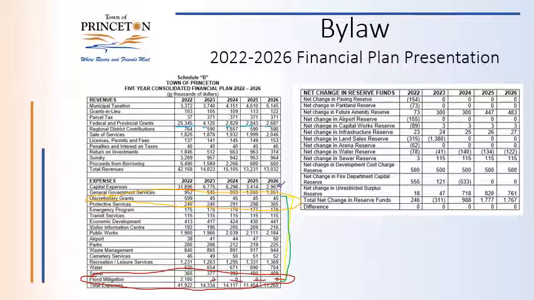to. Over here, our net change of reserve funds is also in the bylaw. Essentially, this will tell if a budget is being reduced or added to through the course of the year. If the number is positive, for example, in the future amenity reserve here, if a number is being added to, that means we are planning on putting more money than we're taking away into the reserve. If the number is negative, for example, in the capital works reserve, that means we are drawing more money than we are putting back into it.